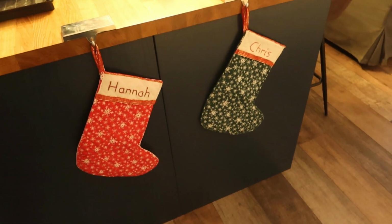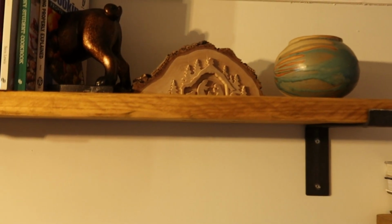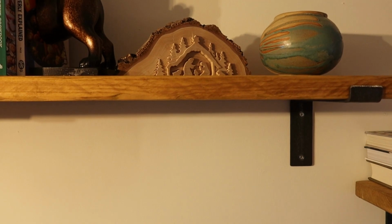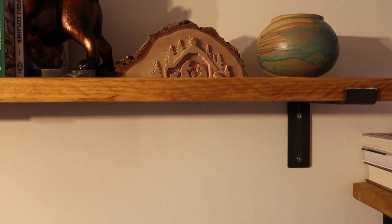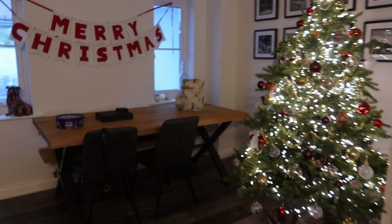So we've got our stockings hanging on the end of the breakfast bar. I've got a gorgeous little nativity up there. I'm hoping you can see. That one was from Edinburgh Christmas Market. I can't remember the name of the company, but they're always there and they've got loads of wooden stuff and I just love it for something a little bit different. And then we've got another nativity scene,